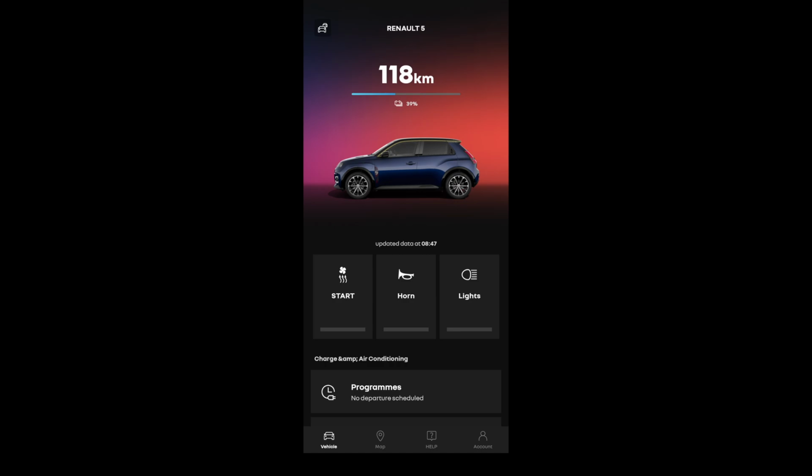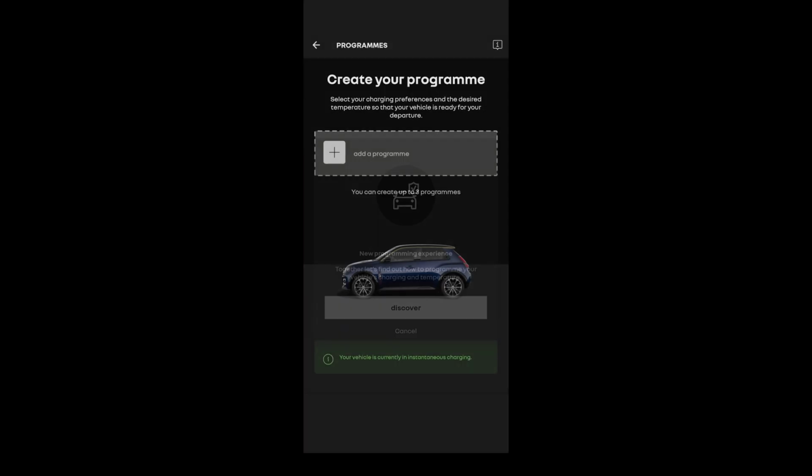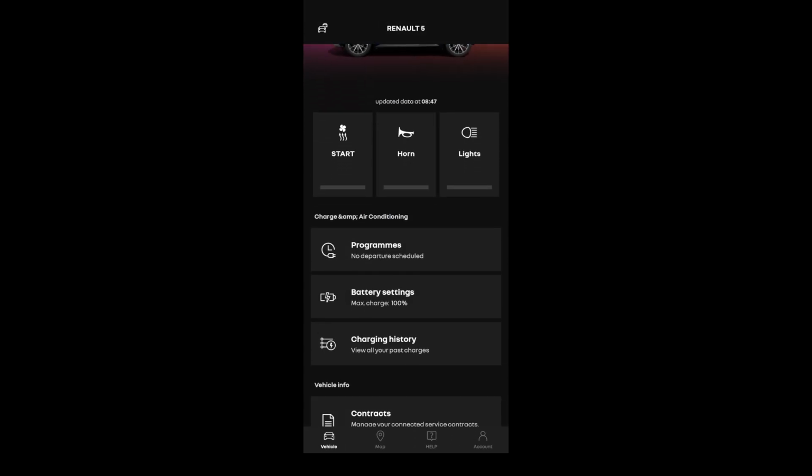We've got 118 kilometers left with that battery percentage. You can see the color, which is always nice. You can see the start stop on the left hand side, and that's to do with the air conditioning to preheat and precondition. You can press the middle button, which is horn, which will set off the horn 3 times, or you can turn on or off the lights. You can create charging programs, which is always good to see via the app as to how you'd like the car